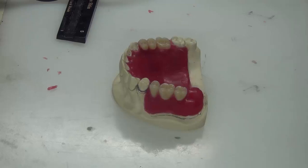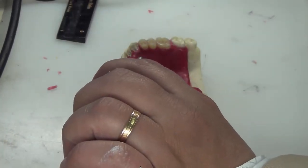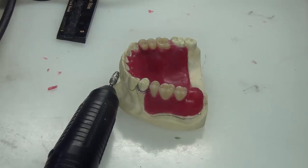We're going to bring our bur and trim over the survey line. So we're not going to touch the clasps, we're not going to touch the wax. It's all above, and it's inclined buccally. So the line we will produce is inclined buccally. To see it inside the flask, later on inside the flask we have a step